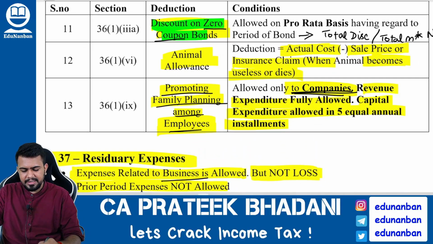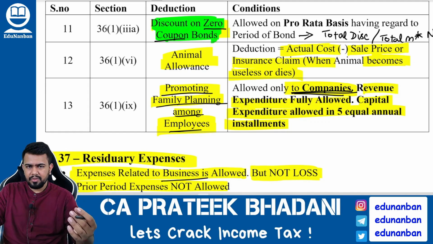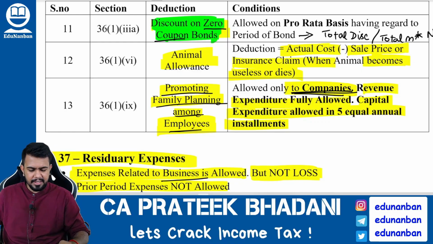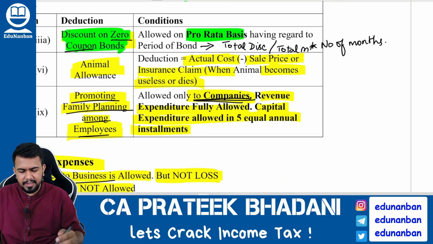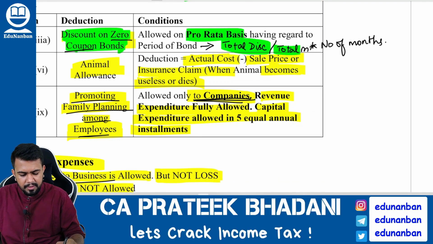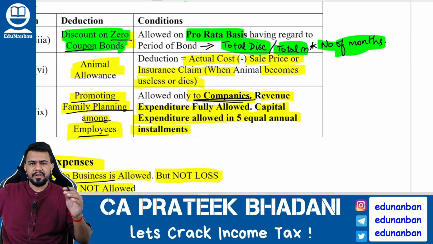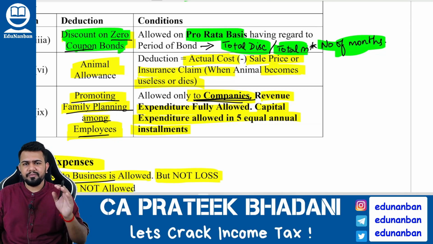Firstly, what is discount on zero coupon bonds? If zero coupon bonds are issued at a discount, then the discount value will be allowed proportionately as a deduction. So allowed on pro rata basis. How to calculate the deduction? Total discount divided by total number of months of the bond, multiplied by total number of months during the previous